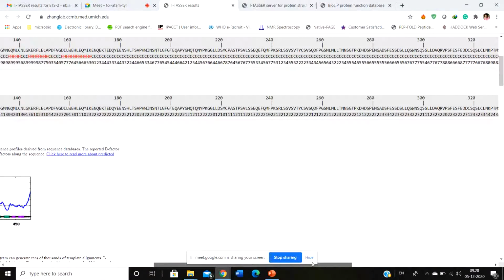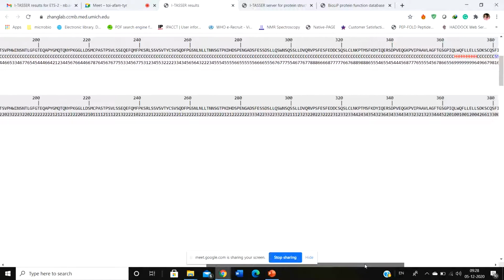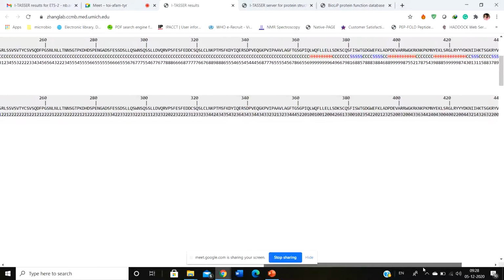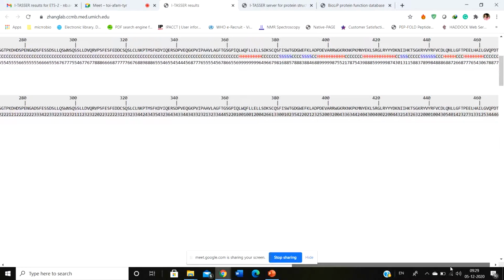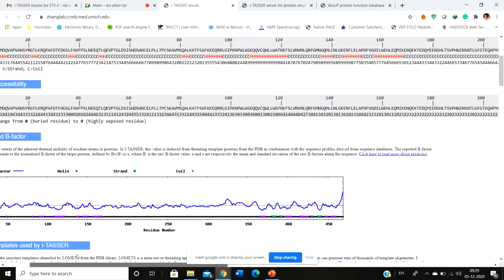Rarely are you going to come across a particular amino acid with a score of 9 or 8, generally you have 7, 8. Over the whole thing, you only have this E and D, which have the 7, 8 score. But the rest of them generally have a score of 6 and below.